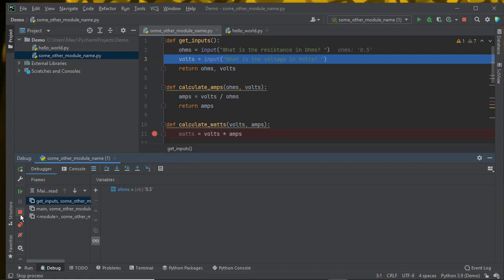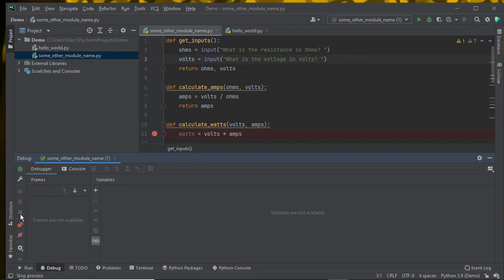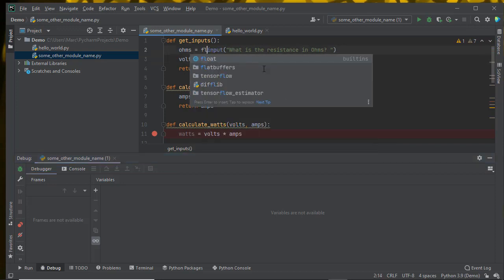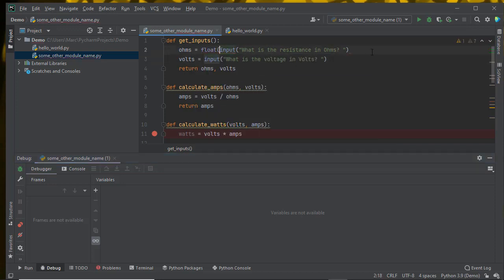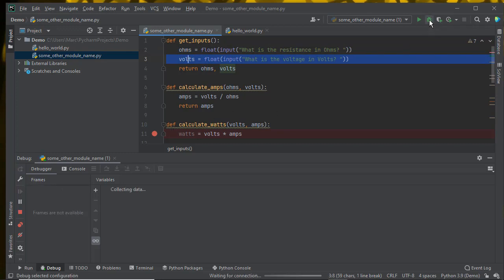So I'm going to stop the program from running by clicking the little stop box here. And I'm going to fix my code by wrapping both of those inputs in a call to float. So this is going to take the string that's returned by input, whatever the user typed, and it's going to call the float function on that string and return a floating point number which gets stored in ohms and volts. And now if I run it under the debugger,